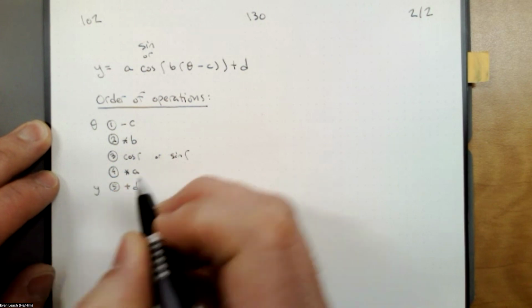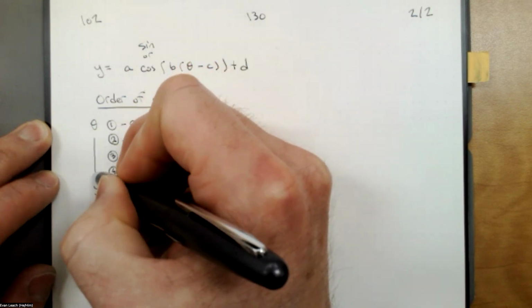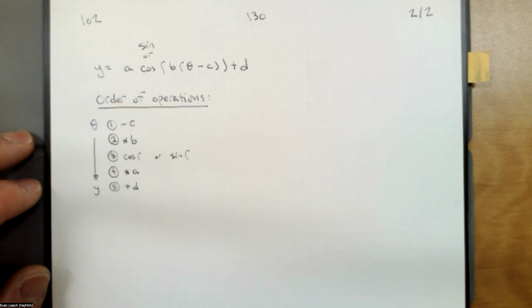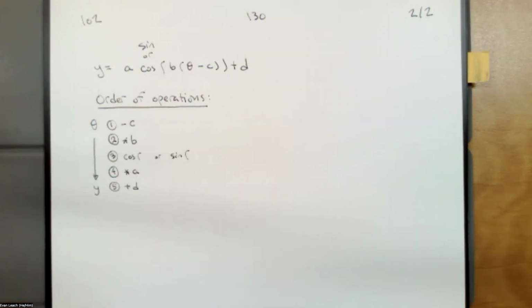And at that point, we're at y. That's how we turn theta into a y. So what we want to notice is that there are 2 operations that happen before the trig function and 2 operations that happen after the trig function. The ones that happen before the trig function, plus c and multiply by b,